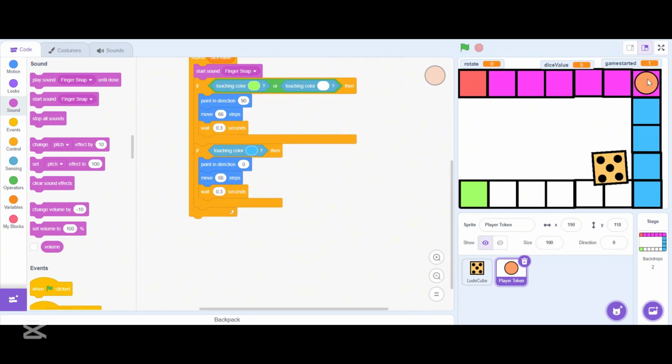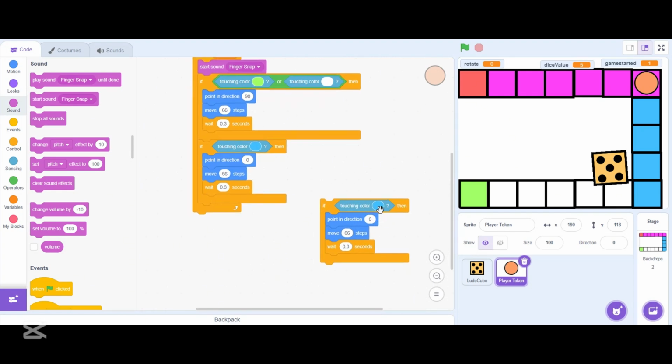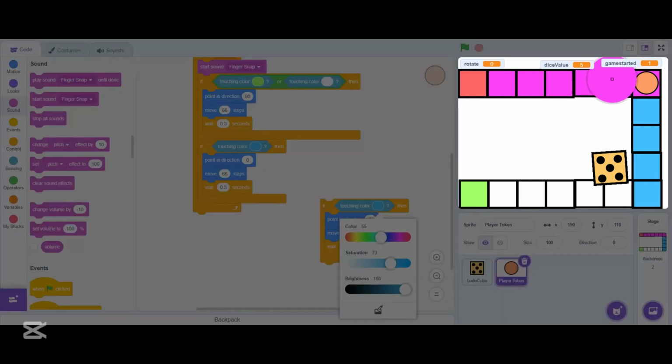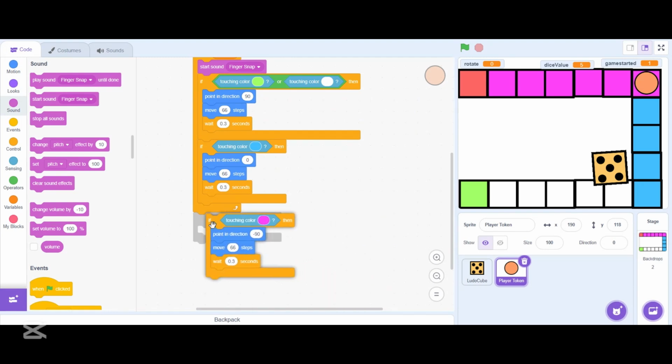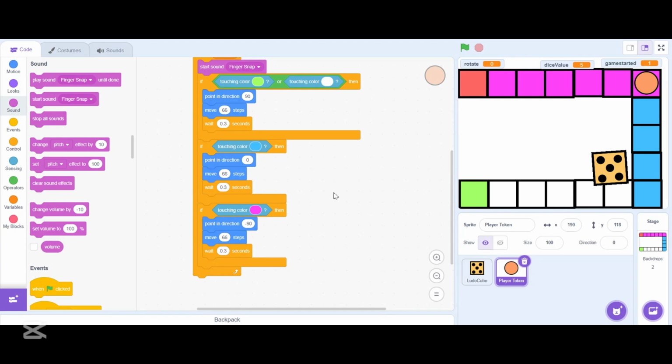And now for this place, and for this one, it's a different color and we need to move to the left side, and we do the same thing. Let's duplicate this block and choose the color, the purple-like color, and change the direction to -90 and put it here below the other if block. And now let's see, click here, it's moving. Let me click again,